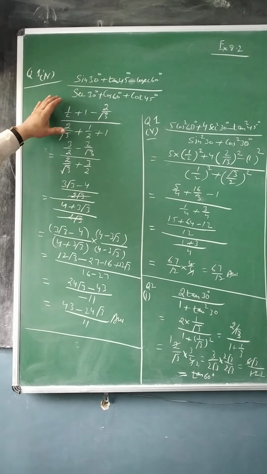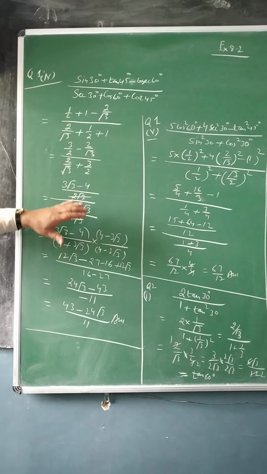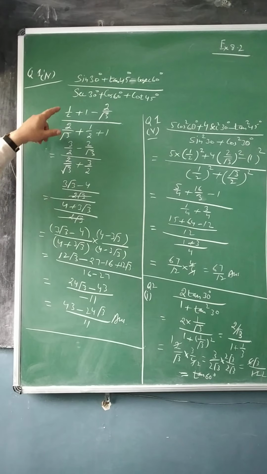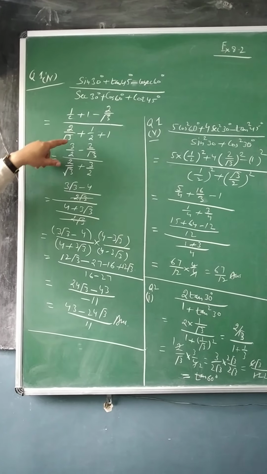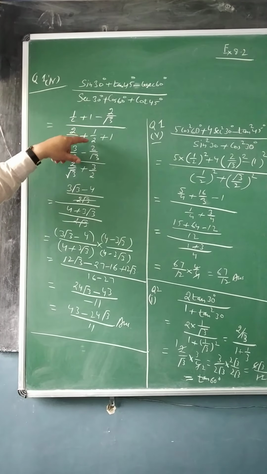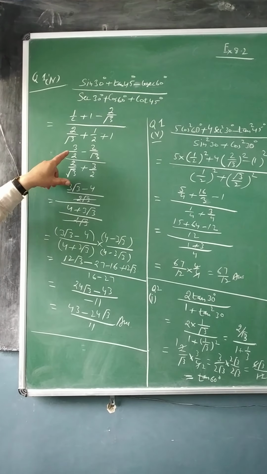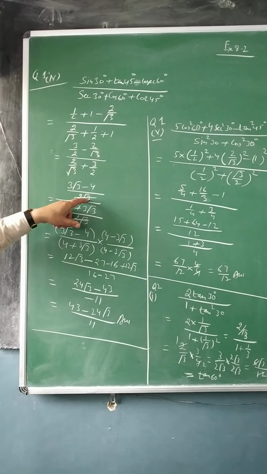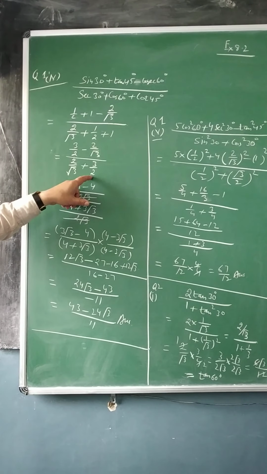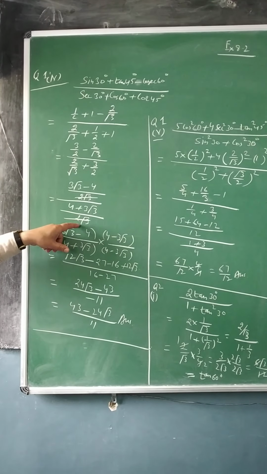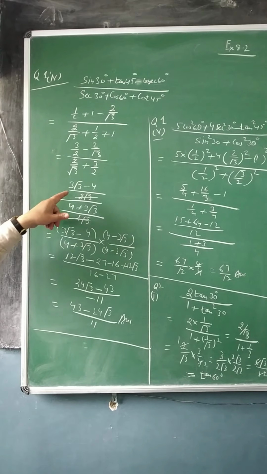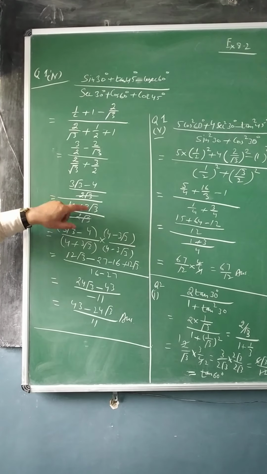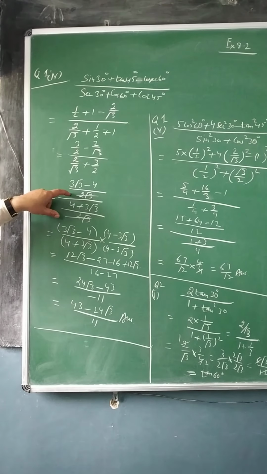Now next part is your calculation. So here this is 2 and this is root 3. Take the LCM. 1 upon 2 plus 1 will make it 3 upon 2. Then minus 2 upon root 3. LCM of 2 and root 3 will be 2 root 3. Similarly in the denominator again 2 root 3 will be the LCM and then solve it. Both the denominators are the same in numerator and denominator. Directly also you can cancel it out.